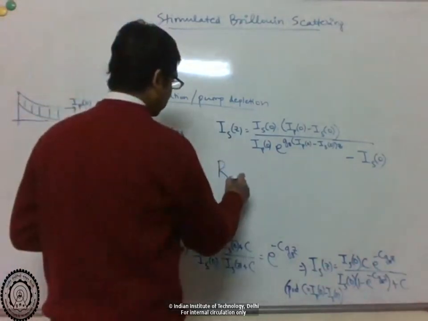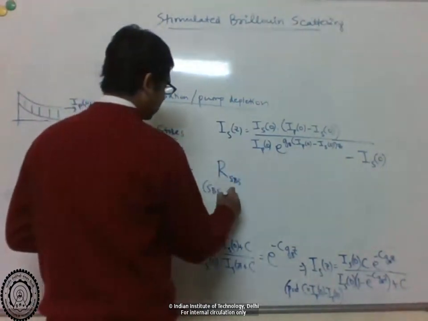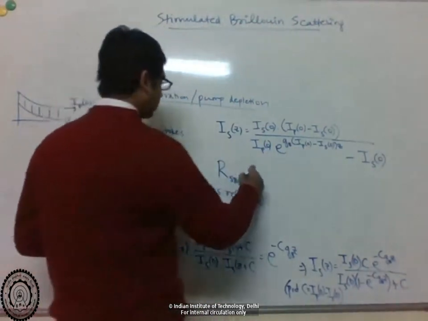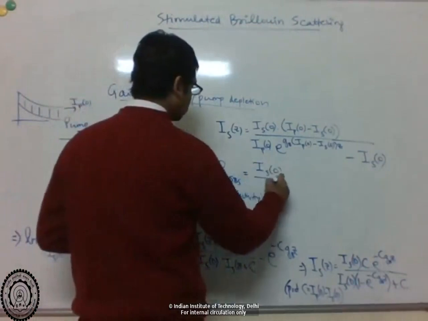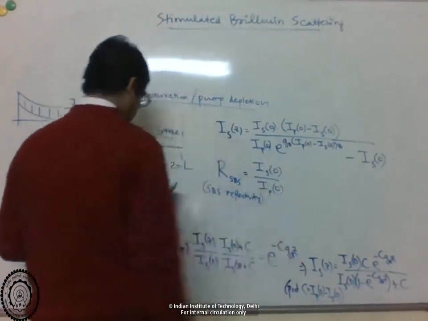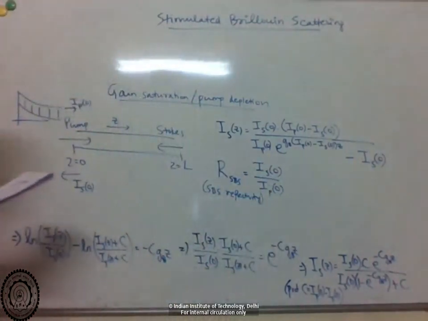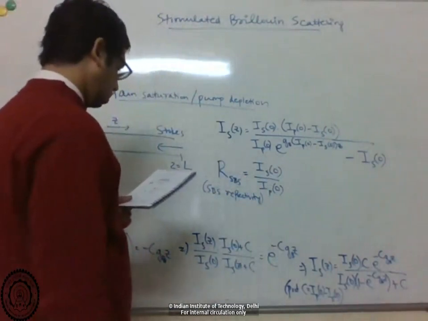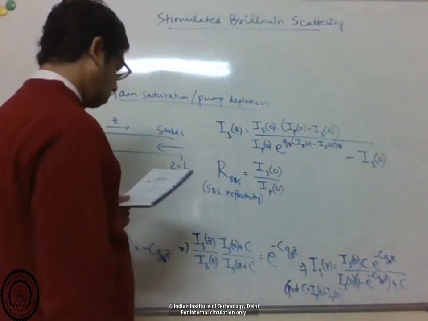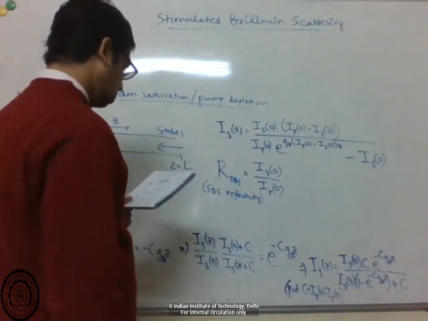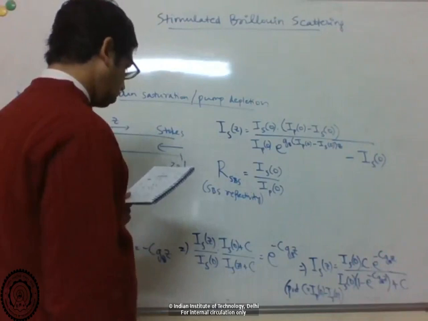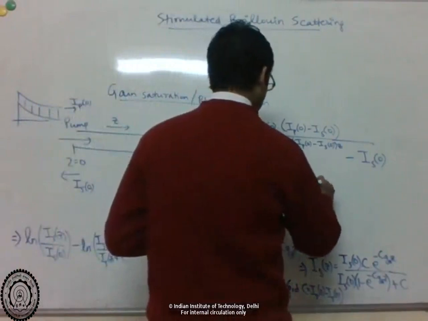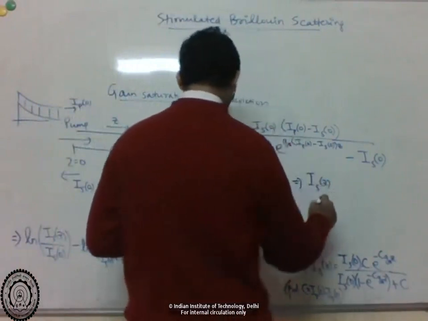So R SBS is the SBS reflectivity, the fraction of power which comes back as Stokes. So then in terms of this reflectivity, you can write IS of Z as